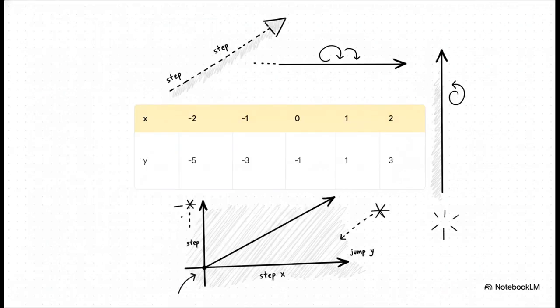This actually brilliantly illustrates the hidden rhythm of linear equations. Look at the calculated y values as x increases by 1 each time. For every single step you take on the x-axis, the y value jumps by exactly 2. Finding this simple pattern gives you the absolute foolproof blueprint to plot your coordinates and draw a perfectly straight line